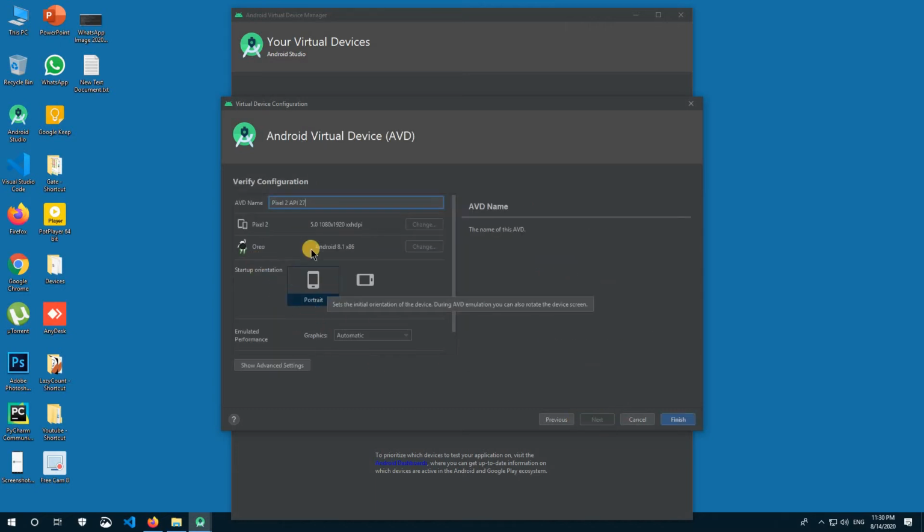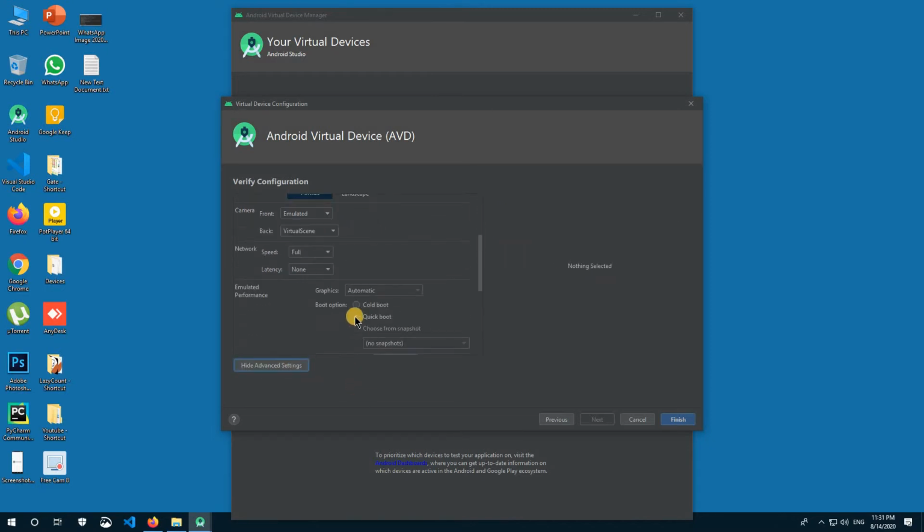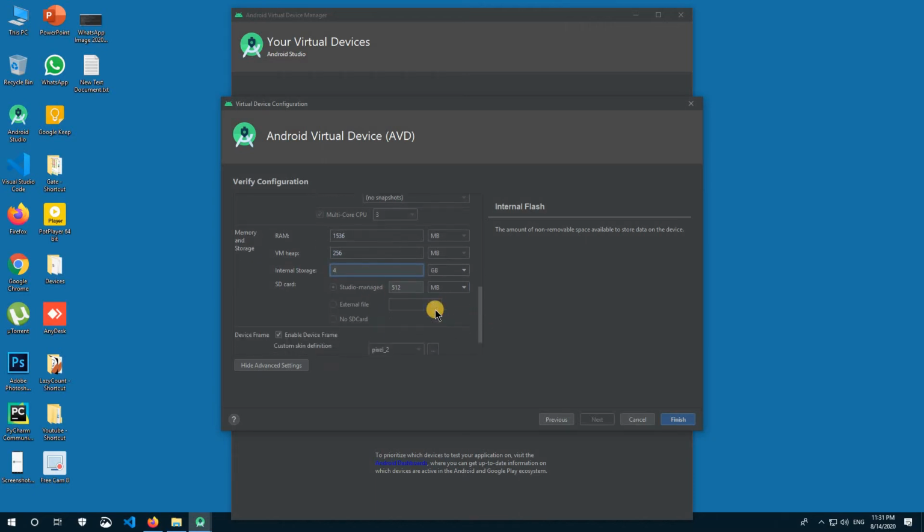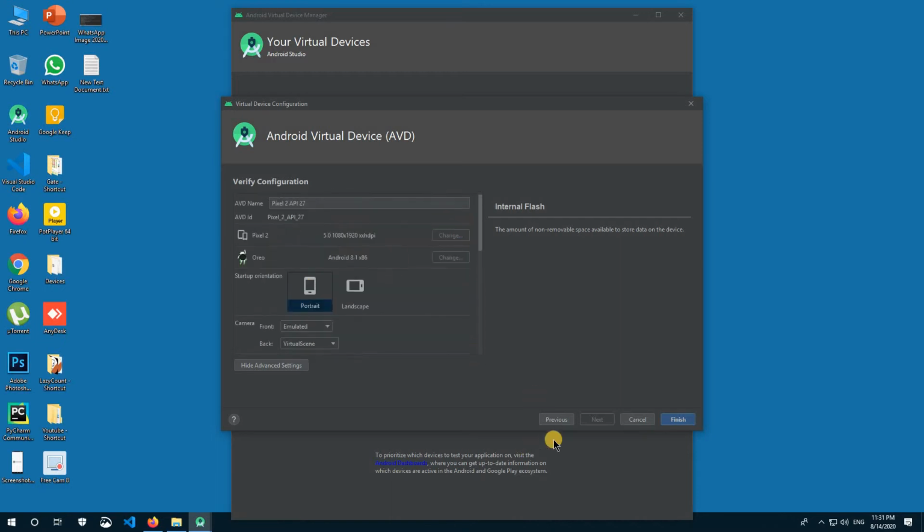Here you can configure your device by tapping this show advanced settings, and then you can go for RAM and internal storage. You can edit this. I am giving it in GB, and I can give it 4 GB internal storage in the new device. Okay, so just finish it,